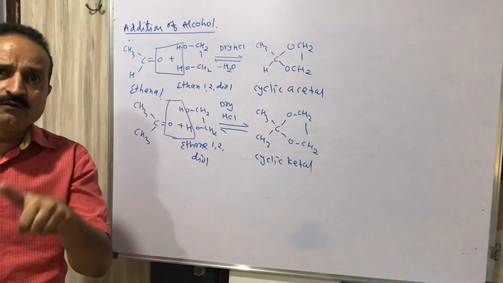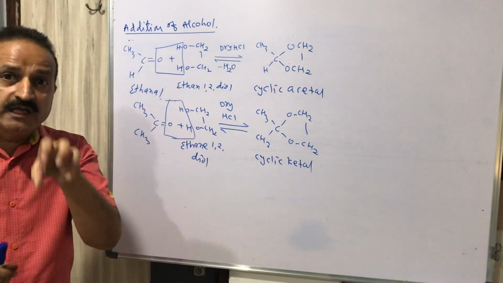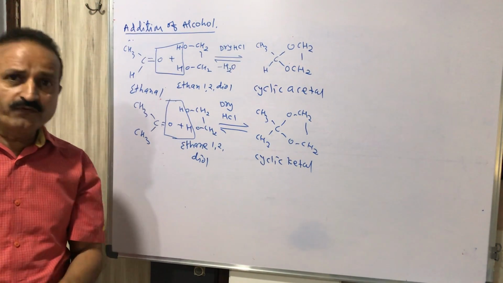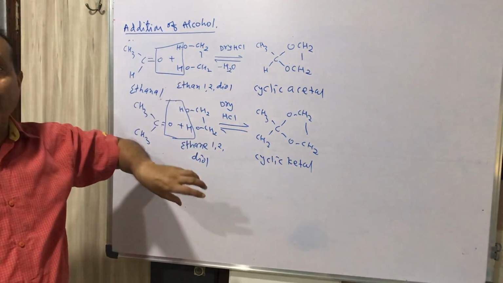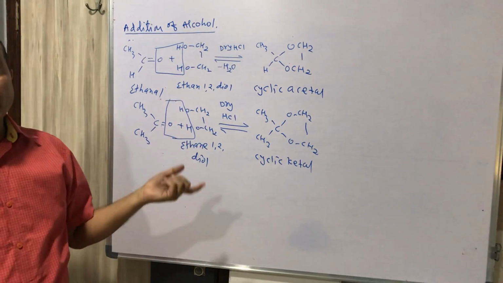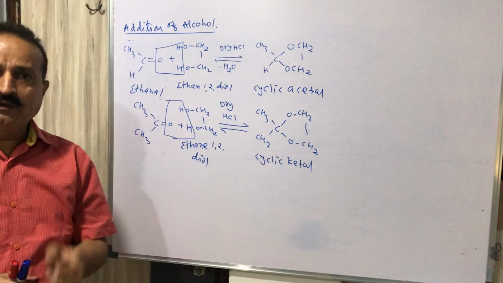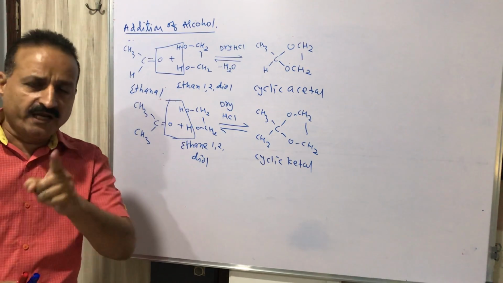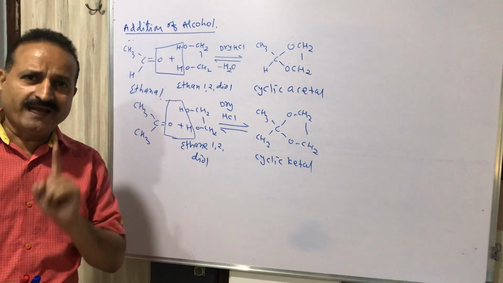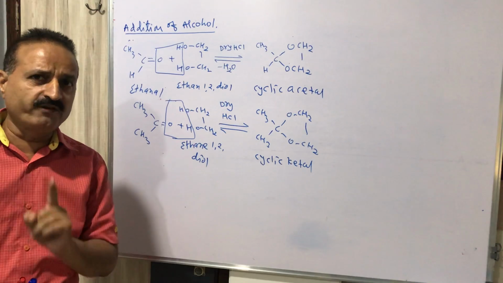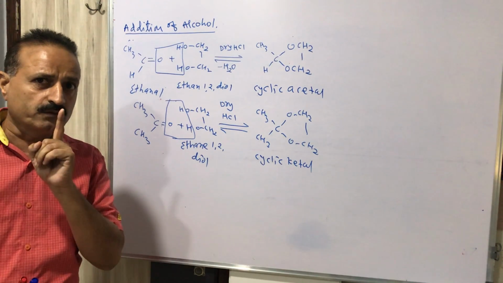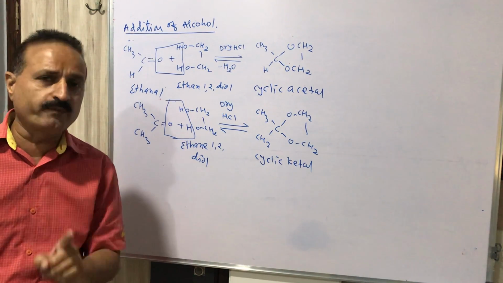Now we have one more reaction, the decomposition of cyclic ketal and acetal. We will get back the aldehyde and ketone after a few minutes. Kindly repeat this video lecture, try to remember everything, and write it out one or two times yourself. Thank you very much.